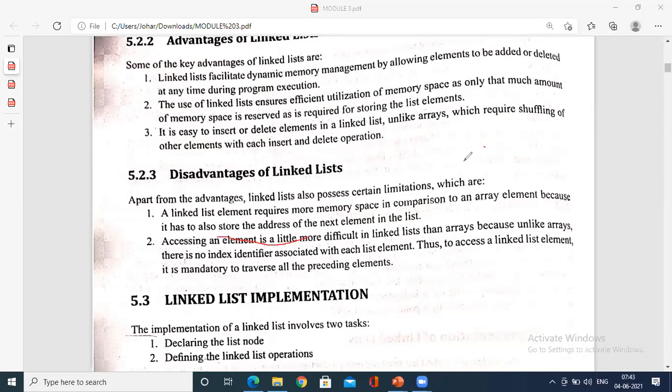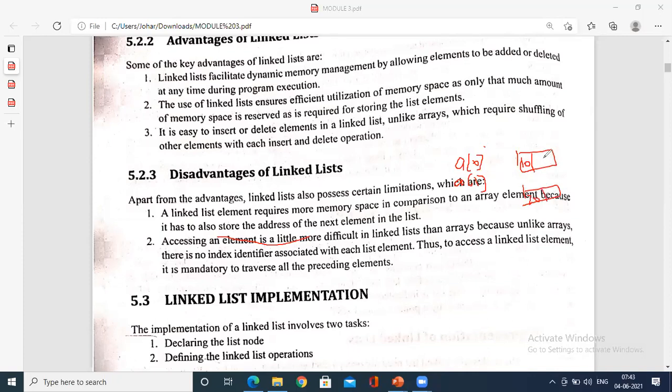Is it or not? For example, if it is an array, you simply say a of 0, which is one compartment, a of 1 is one compartment. Whereas in a linked list, we have two compartments. If a of 0 stores 10, here 10 is stored. A of 1 stores 20. I'm just comparing the linked list with arrays.